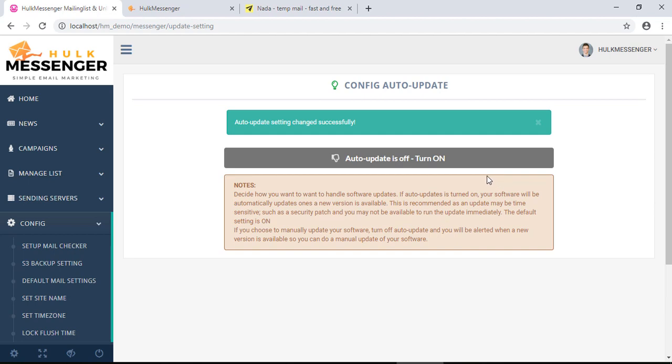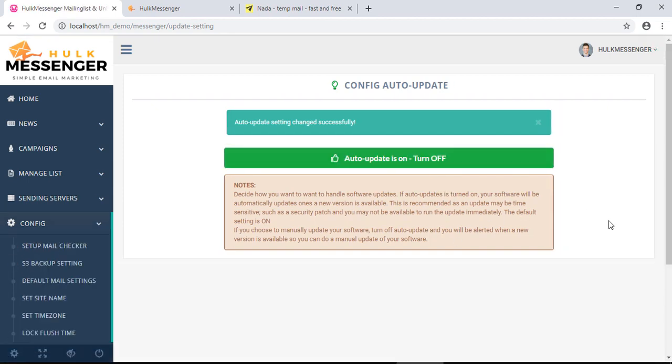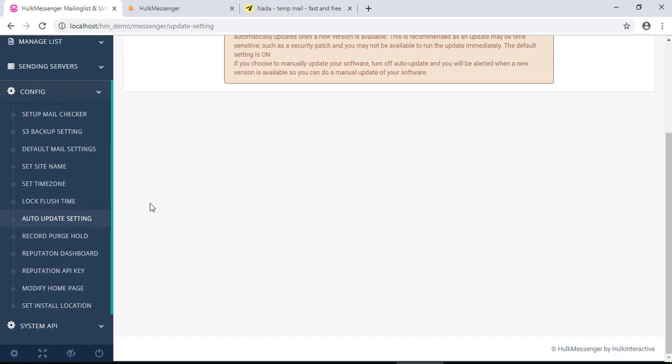It will remain the same. Now, this is not what you want. What you want is to have the update set to be on so that it runs automatically for you. Now, another thing where you should really pay attention is what we call your